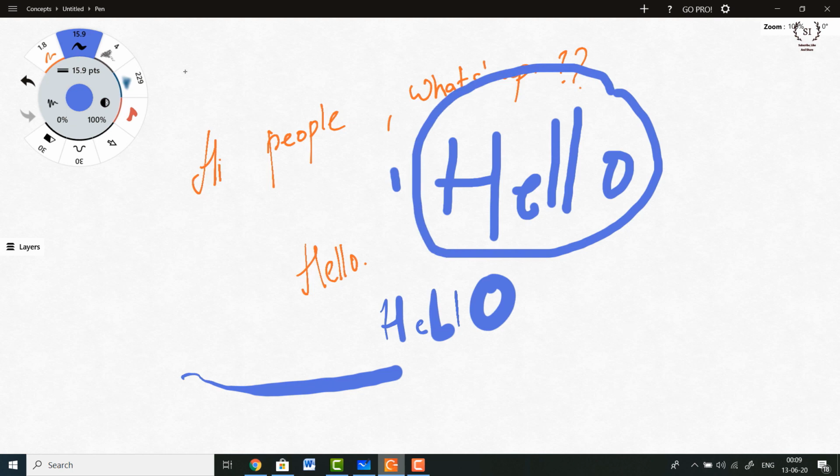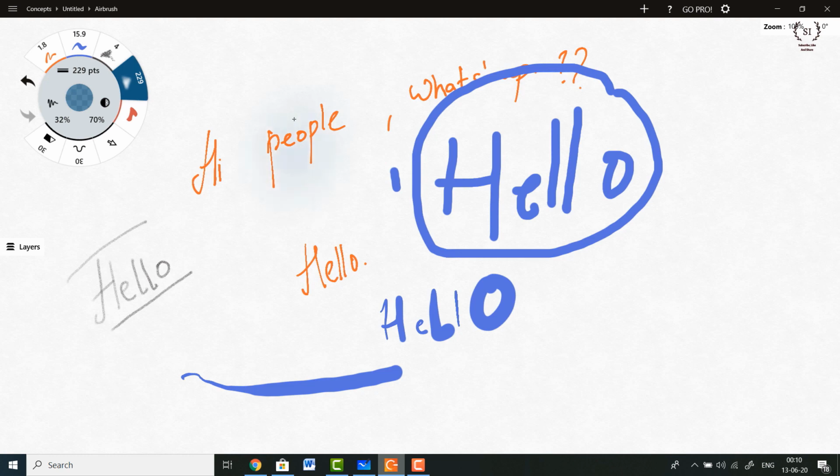Clear? So now let's move to the next feature, which is soft pencil. Let me write something. You can see that I can use this for highlighting certain features because it's a really soft pencil. I need to apply a lot of pressure to write something very bold. Similarly, airbrush.